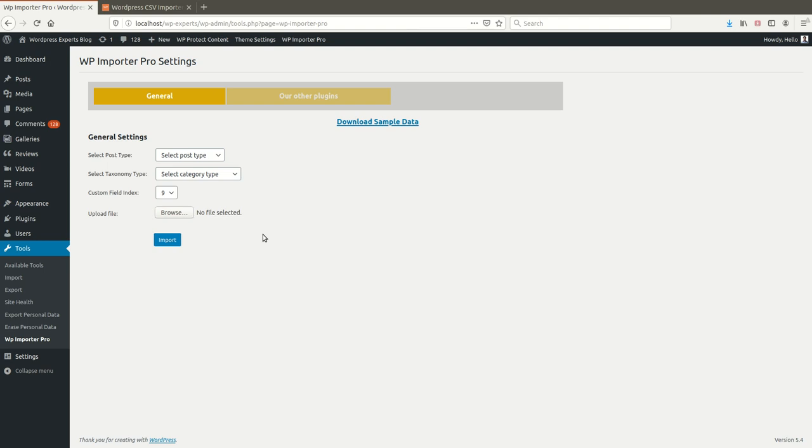Status: you can define the status of the post from here. Sometimes you have prepared a CSV file to create 10 posts, but you want to publish only 5 posts on the front end, and you don't want to publish the other 5 directly on your website. In that case you don't have to worry. You just need to change the status from publish to draft only.